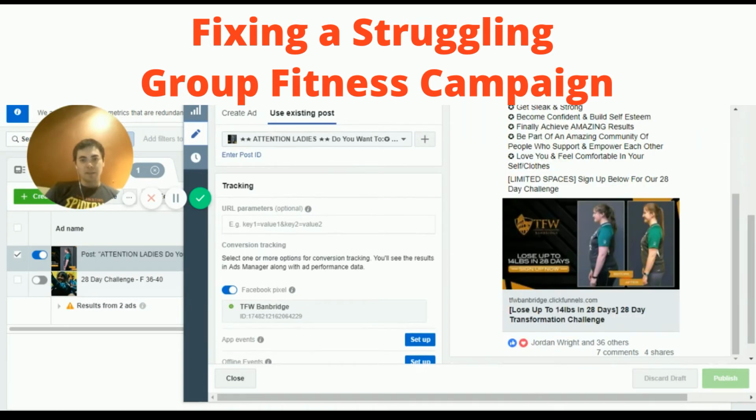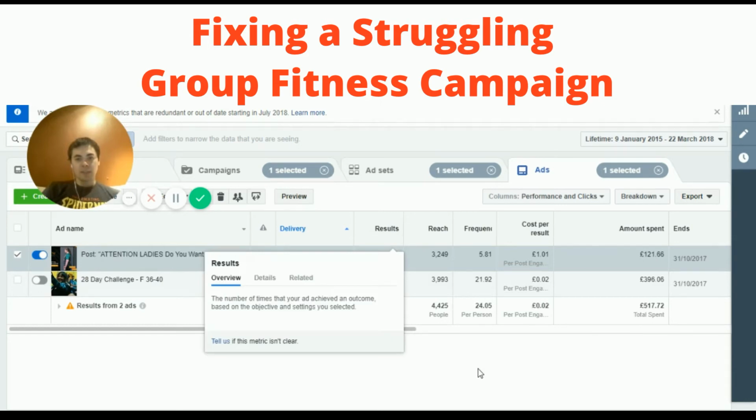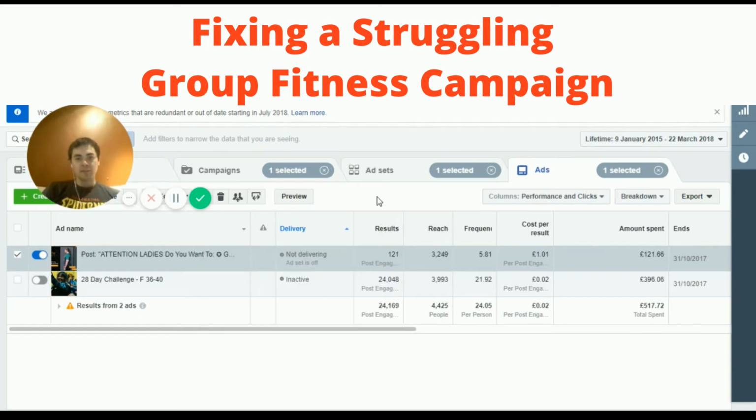But the major issue I can see with this is that you're running an engagement campaign. And I would always, always, always run a conversion campaign for this kind of thing, or a lead generation campaign. So when you're creating your campaign, you can select your objective. When you select engagement as your objective, Facebook is going to show your ad to all the people who like to like things and share things and comment on things on Facebook, which may sound great, but